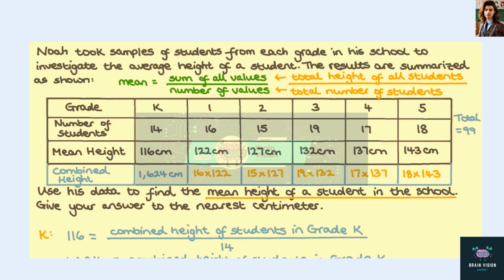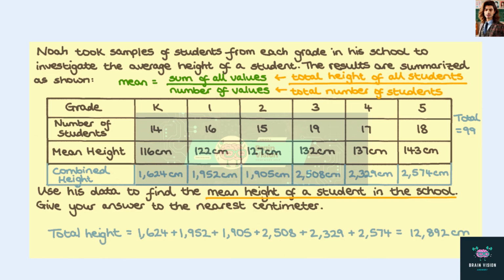We can add an extra row to the table to record the combined height of the students sampled in each grade. For grade K, we've already worked this out, and for each of the remaining grades, we calculate this by multiplying the number of students by the mean height for that grade. We then find the total height of all students across all grades by summing these 6 values, giving